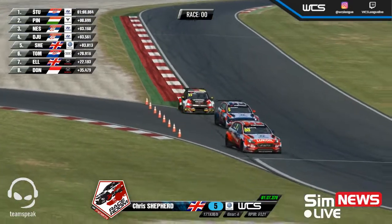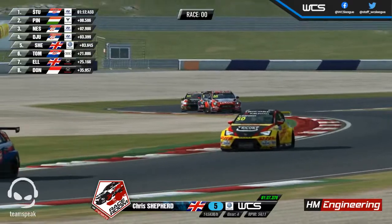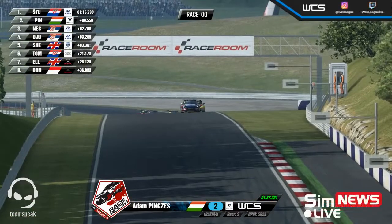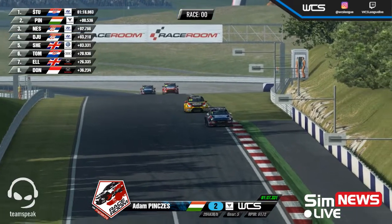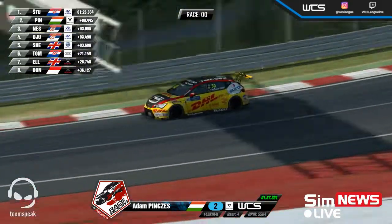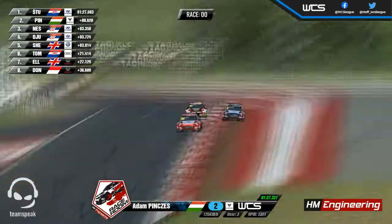Towards the final sector of the course now, Ryan Elliott's made a mistake, he's in the gravel, he's dropping back. So Elliott drops to 7th, he was 6th. Through the final 2 corners of the race, Juric goes defensive, he knows that Shepard is taking a look on the outside. And it looks to me as if the order's going to stay the same unless there's a significant